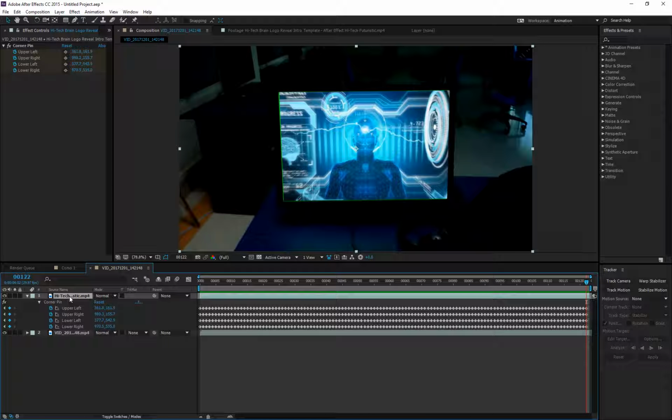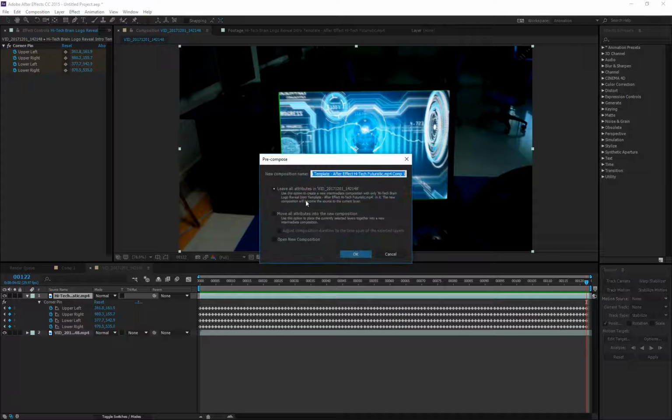But now what we need to do is, actually I'm going to create a pre-comp, and I'm going to leave all attributes outside, because obviously we need this tracking data outside of the pre-comp. And let's go to screen,